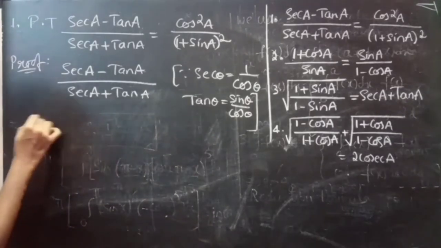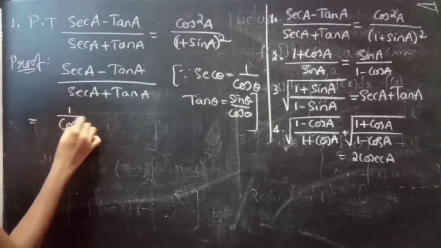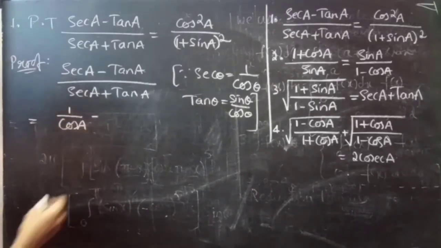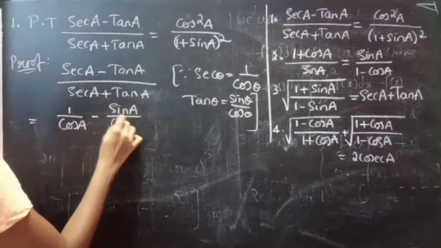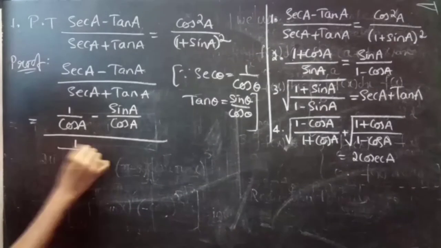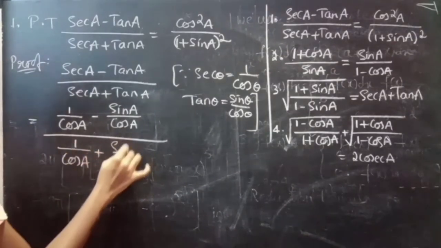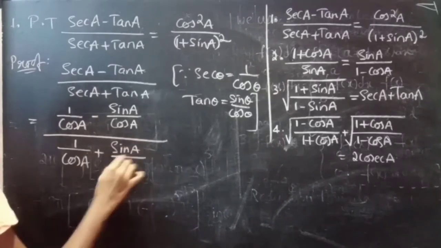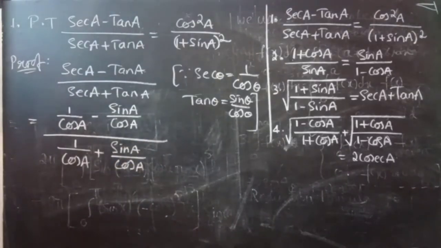So this equals, replacing secant A with 1 by cos A, minus tan A with sin A by cos A, divided by 1 by cos A plus sin A by cos A, which is equal to,